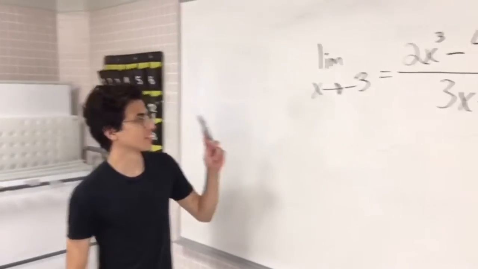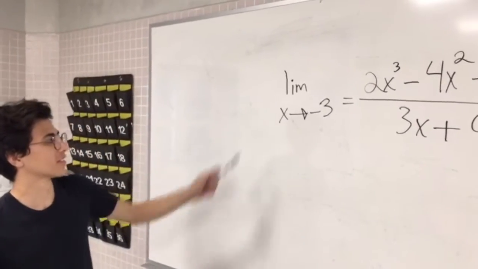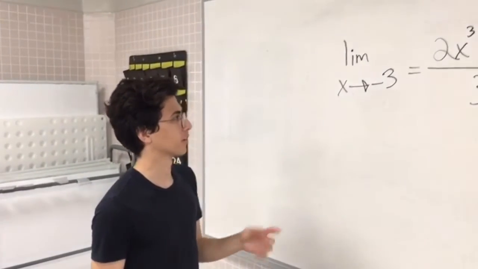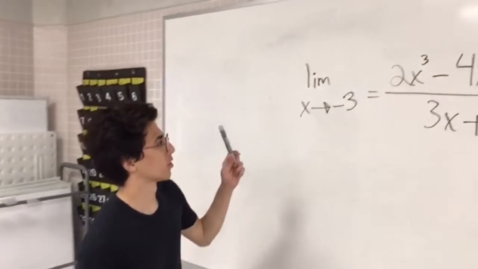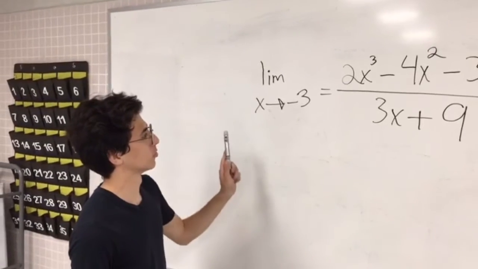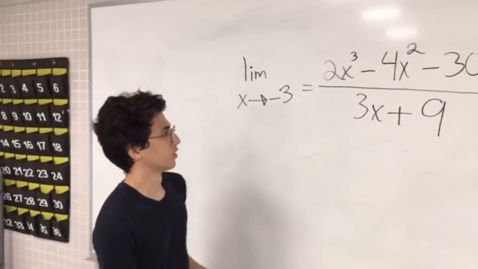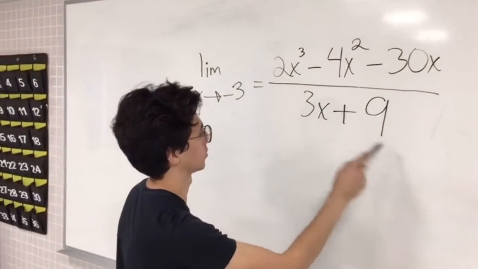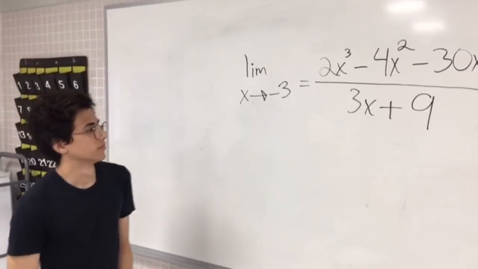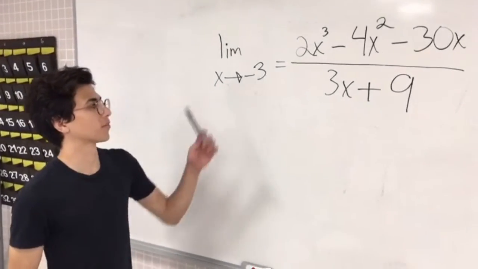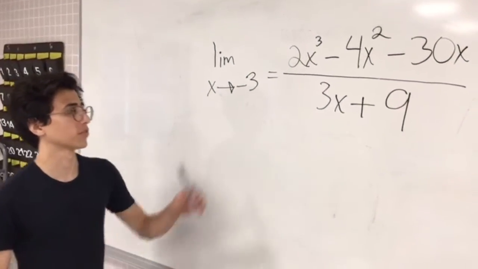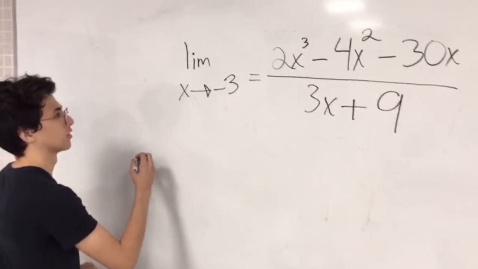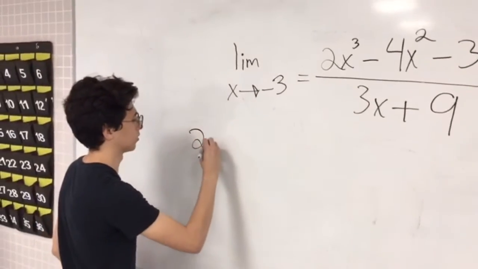Okay guys, this is the topic of limits, and there are three ways to do limits. We're going to do the algebraic way. In this problem, the limit when x tends to -3 of (2x cubed minus 4x squared minus 30x) over (3x plus 9). What we can observe here is that there's a common factor in both the numerator and the denominator, so that's what we're going to take out. We're going to take out the 2x,